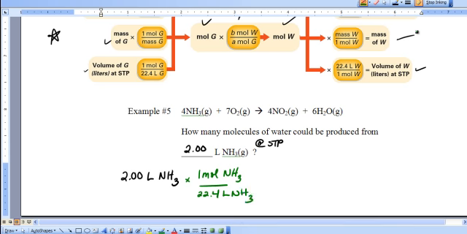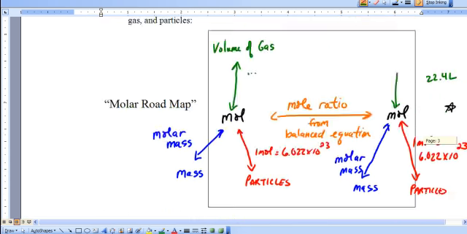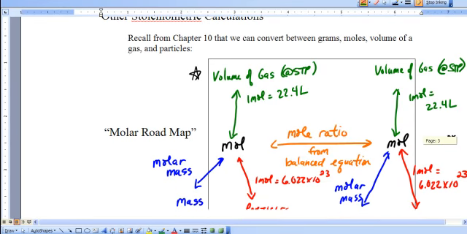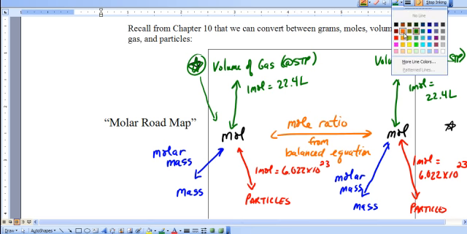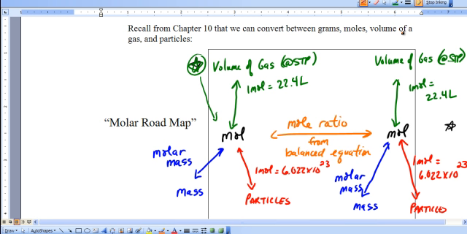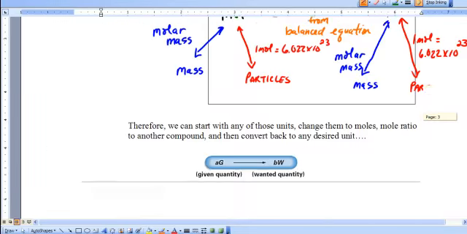Okay? Let me scroll up and just show you what that looks like. So if we're starting here, in order to get to moles, you got to use the molar volume. Now next, in order to change it over to your next or new compound, you're going to have to use the mole ratio to get it over there. So let's go ahead and do that. The mole ratio